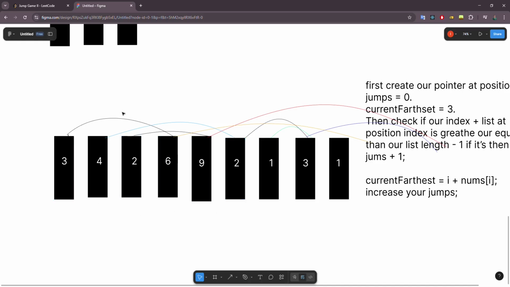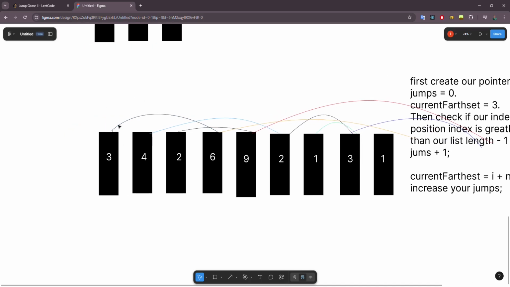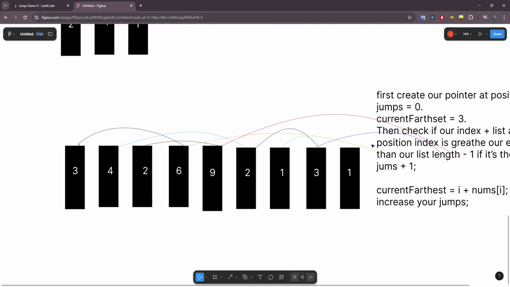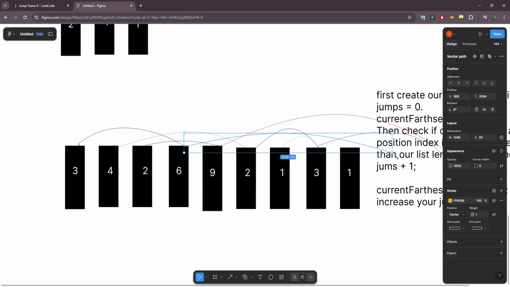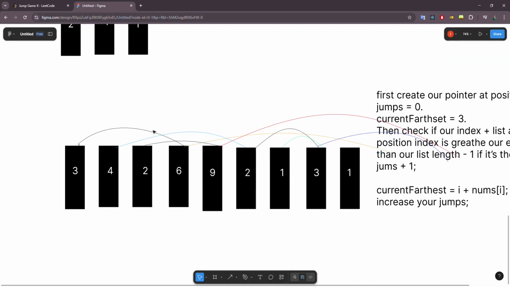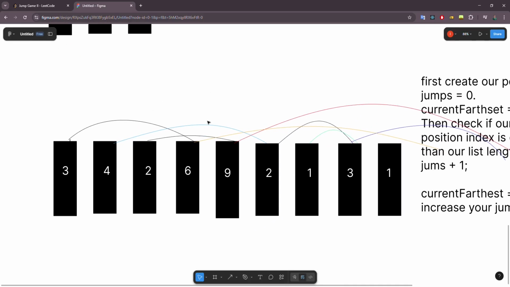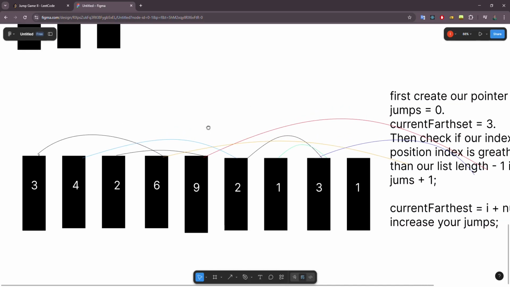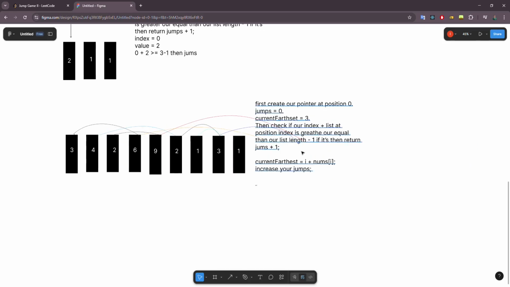You have this list of numbers. These lines represent where you can go. So from the first element you can go to the third element, and from the third element you can go to the end of the list. So in this scenario it is really easy to know that the minimum jumps you can do is from the first element to the fourth, and then to the end. But how can you check that? Well,